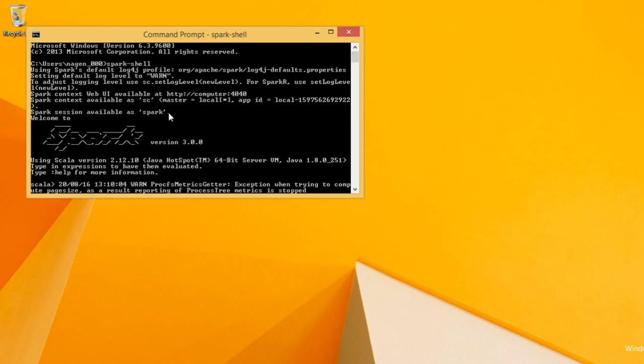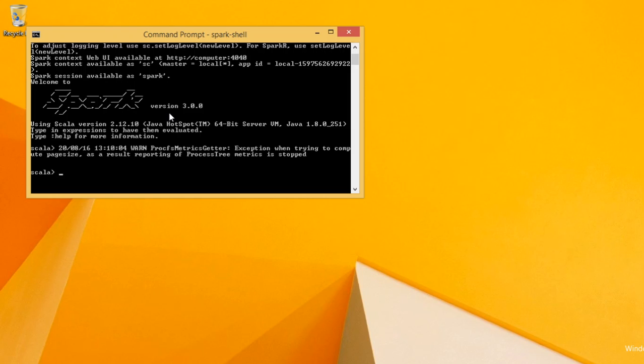So Spark session is something that will represent this particular session of Spark that is running. Earlier, before Spark 2, there used to be a different context for Spark, and there used to be different SQL context and Hive context, something like that. And Spark unifies them all and available as Spark session. I'll be using Spark session. That was a brief intro. You can go ahead and look in more detail.